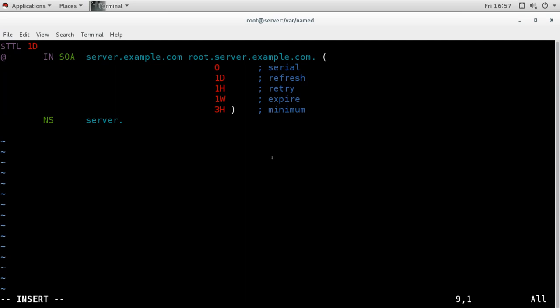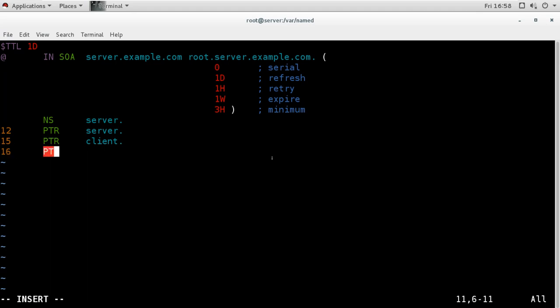Now here we will mention the IP to name. For mentioning the IP, we have already mentioned the first three parts in the main zone configuration. Like the network, we have 192.168.1. So I have mentioned the network in that zone configuration. Here I will mention the host part, that is 12. This is the PTR record for server dot. Then we have the other machine, 15. 15 means 192.168.1.15, and this is the PTR record of the client machine. Dot. Remember, I am ending with dot.